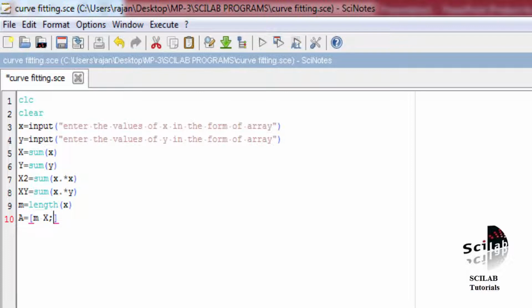After that the next element is also summation xi, and then summation xi square, which we will write as X2.